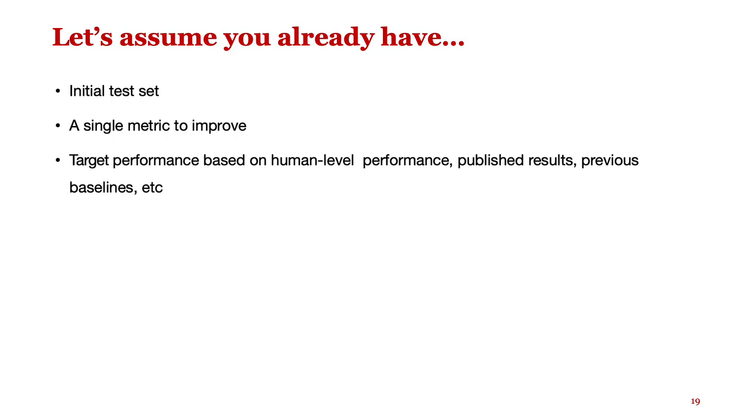We're first going to assume that we already have an initial test set. We have a metric which we want to improve and that is well defined. And we have some sort of target performance, which is based on human level performance. Yes, there's many problems where humans are not the gold standard, but just for the sake of this lecture, we're